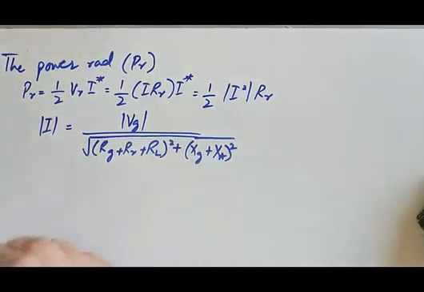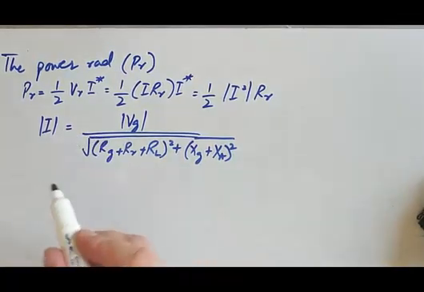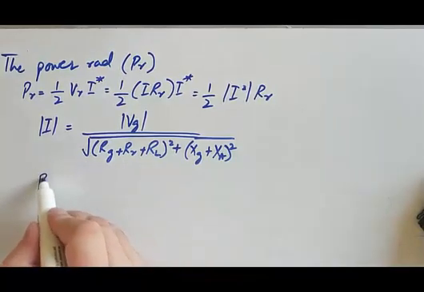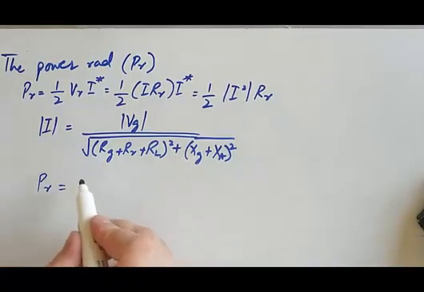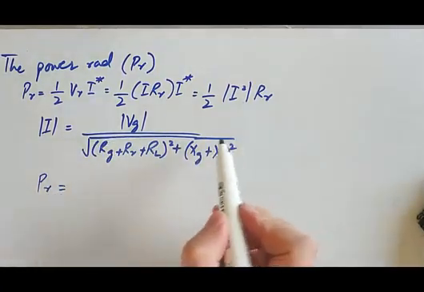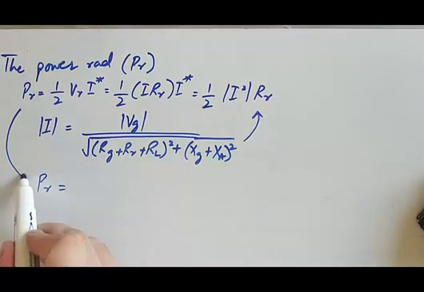Okay, now this is how we represented the power radiated, and we can now plug in the value of |I|. By plugging the value of |I| in this equation, in fact, is going to give us the received power